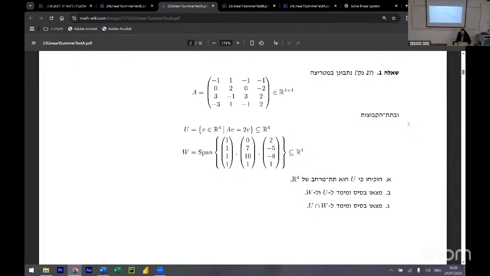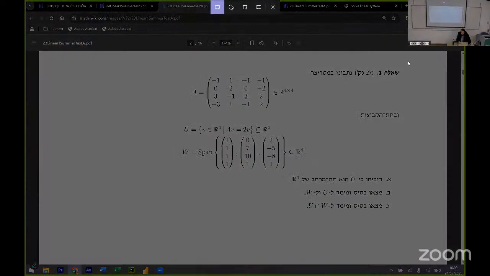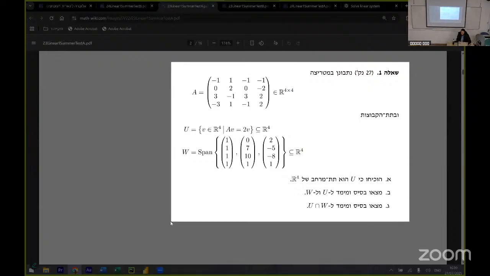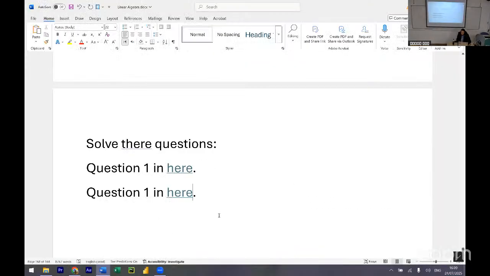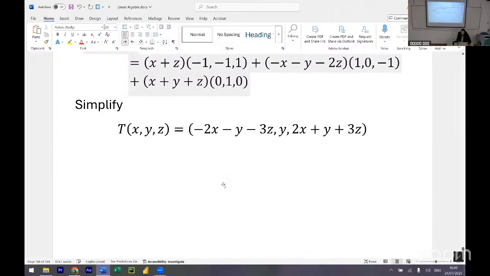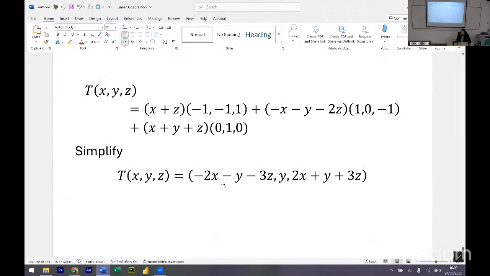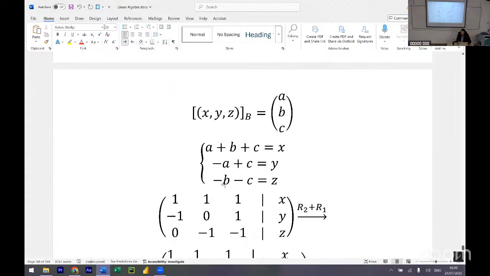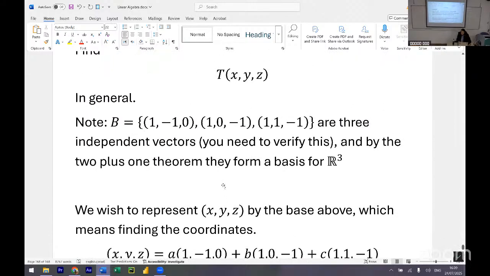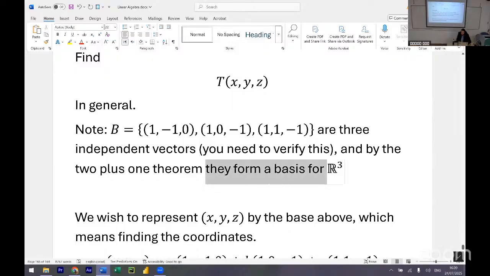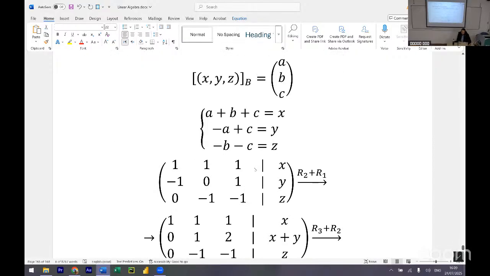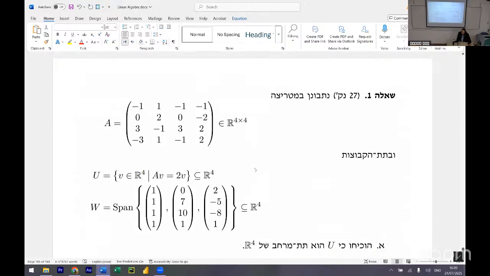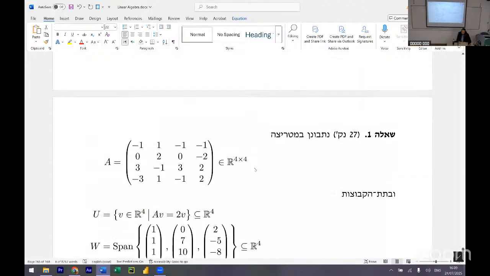Okay. How did you prove it was a span? Just by Gauss elimination and saying you can have like. What do you mean it's a span? Like you have 3 vectors. I proved they are independent and they span the entire vector space because of the 2 plus 1. They are independent and there are 3. So that's 2 out of 3 requirements. That's why they span everything. Okay. So let's solve this question here.